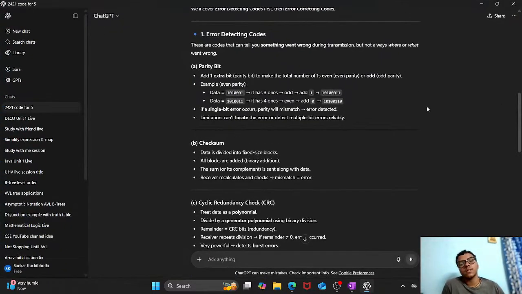These are codes that can tell you something went wrong during transmission, but not always where or what went wrong. Add one extra bit, a parity bit, to make the total number of ones even or odd. Even parity: the data has 3 ones, so if you add one, it will become